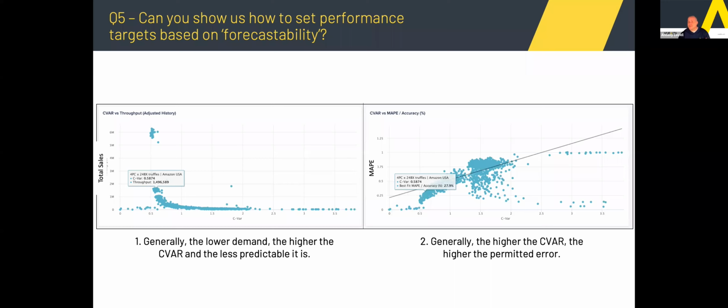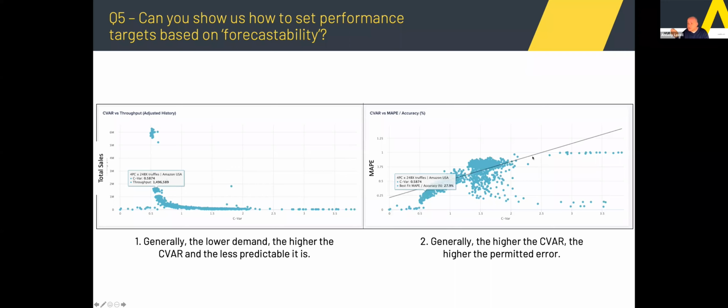And I've plotted this in many, many businesses, and it nearly always looks like this. And you need to almost use a log scale on the graph to see the clear pattern. The graph on the right is actually the variability versus the error from a standard forecast engine. And again, as you can see, there's a clear line that as this variability increases, so basically as throughput decreases and variability increases, forecast accuracy or forecast error deteriorates. And we can actually see there's quite a straight line relation there.